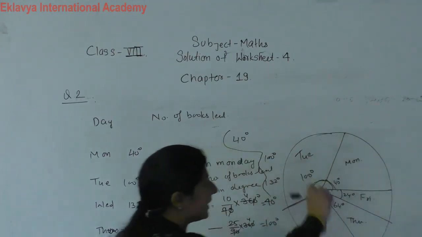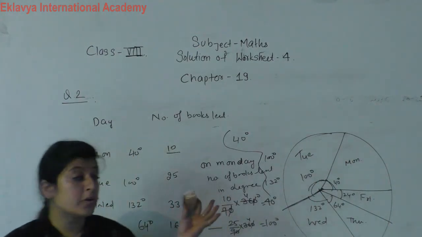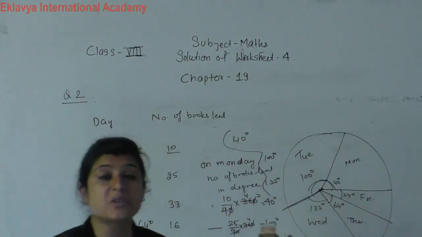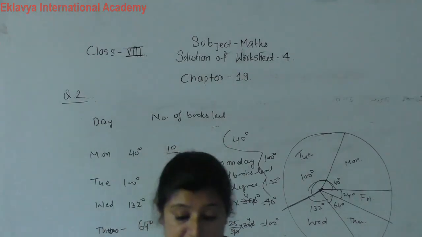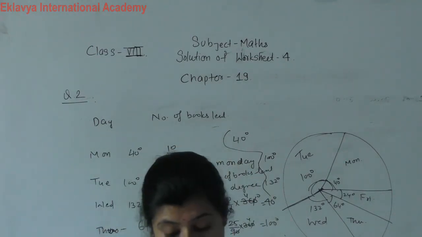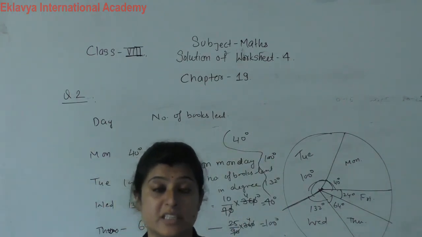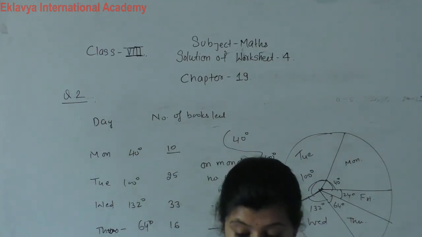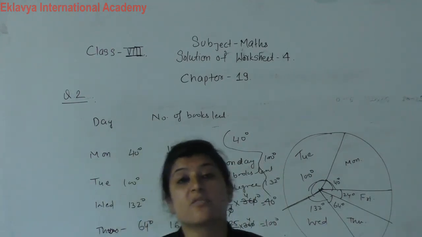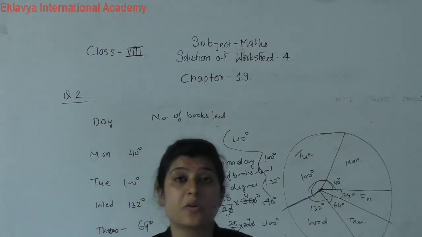It means the complete circle is divided into these parts. So you can draw your pie chart like this. You can see the examples in your book for more understanding. And the next question also, you can represent this information by a pie chart. So there is the bar graph, histogram, and pie chart. Do practice for it properly. Now I think you can draw it properly. Okay students, thank you. Have a nice day.